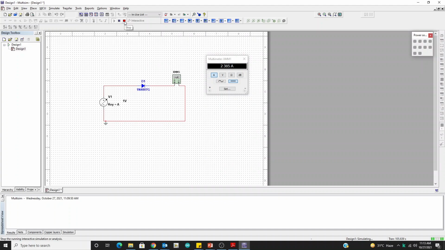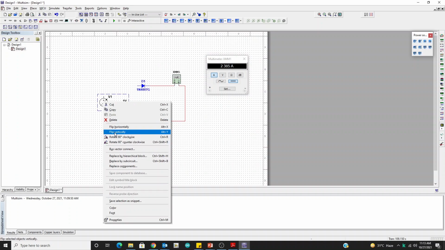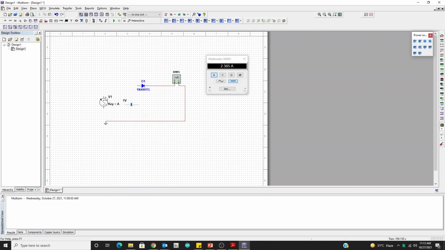Let's move towards the reverse biasing. Let's see what happens in the reverse condition. Simply, we are going to disconnect from this point, and we are going to flip it like this. Okay, so the negative side is connected to the positive terminal of the diode, and the positive side is connected to the negative side of the diode. Sorry, I just mistakenly called it battery. It's not a battery, it's a diode. Okay, so let's see.